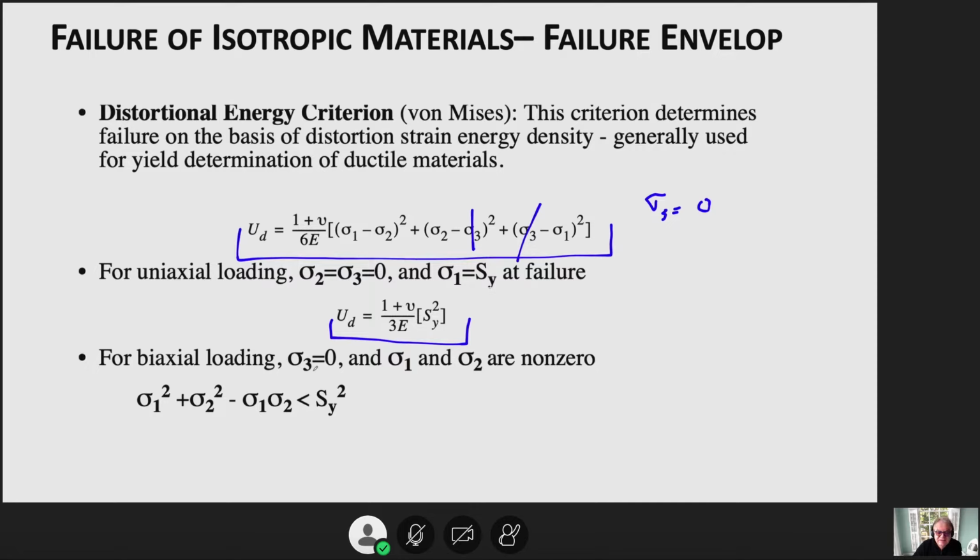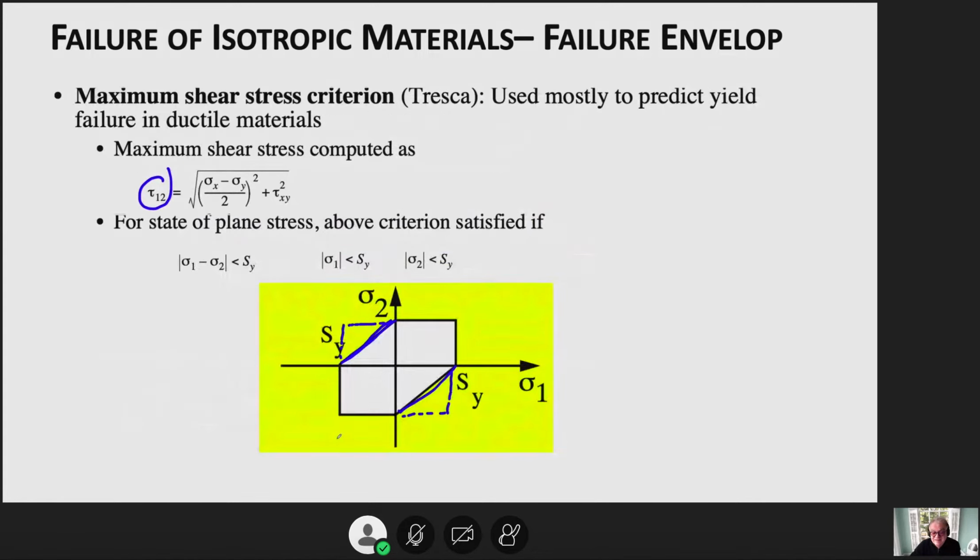But in case of biaxial loading, when you only have sigma 1 and sigma 2, it reduces to this, which basically, instead of being a curve like that, is some sort of an ellipse that goes around like that. And if you look at the experimental data, it turns out that this von Mises criterion is better than